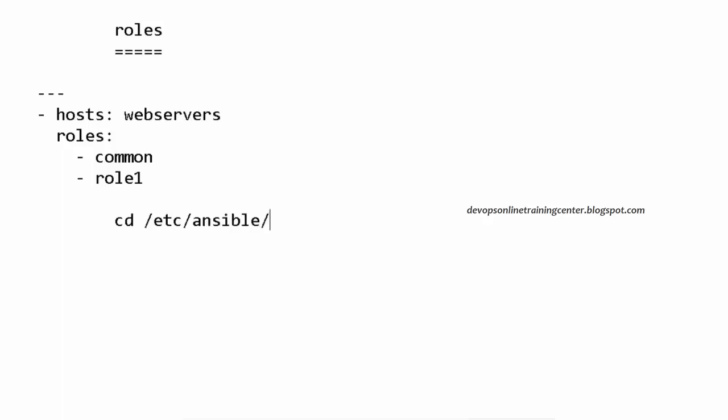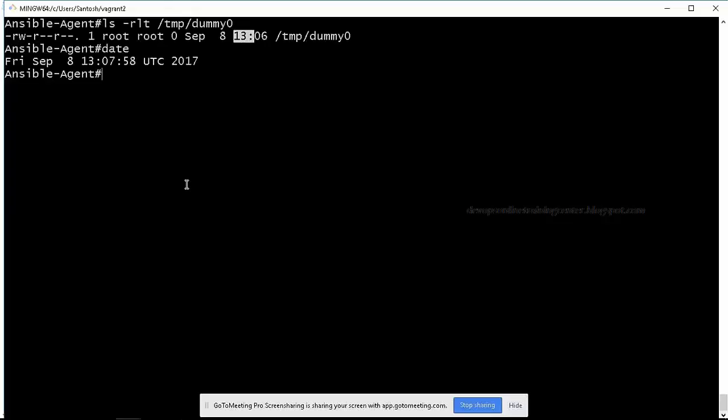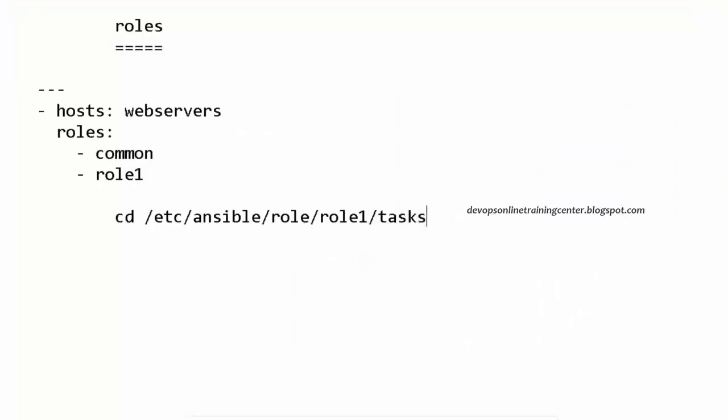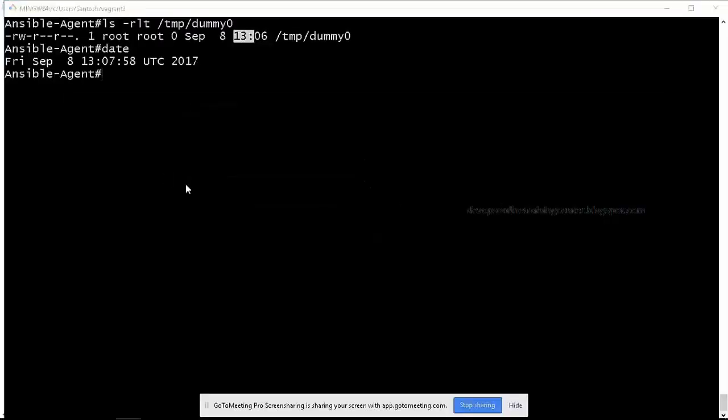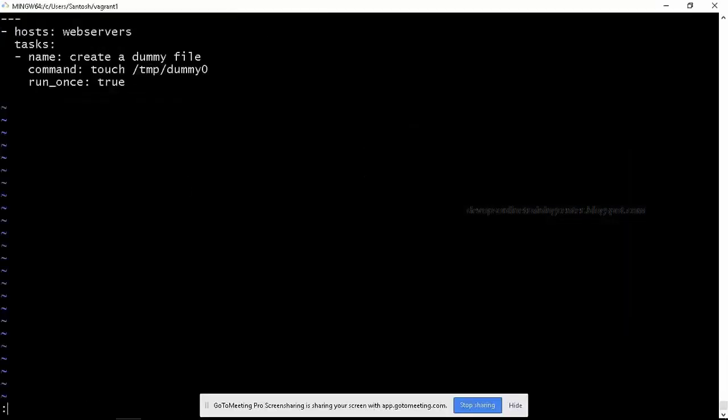Someone tell me what will be there inside a role? What are the directories we spoke yesterday? From where the execution starts? What are the other directories we have? Main. Tasks, main.yaml, defaults, vars, templates, files. Right? So let us try to create one role and understand how it works, right?